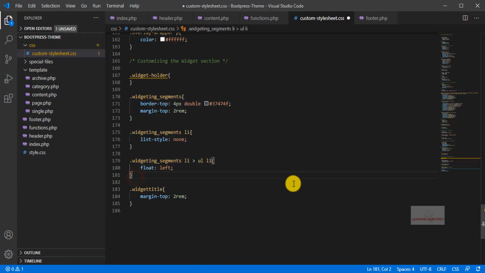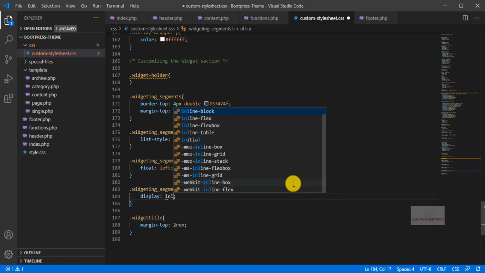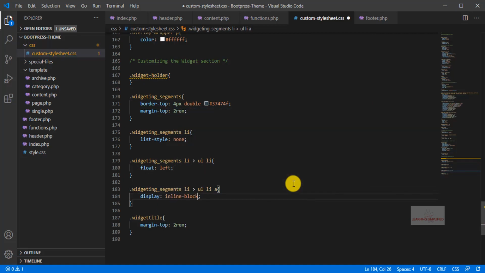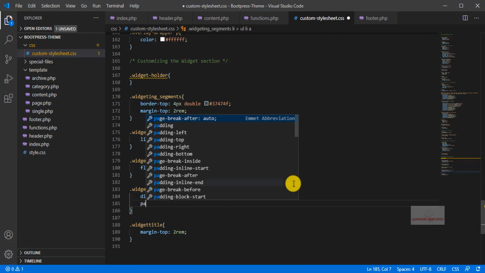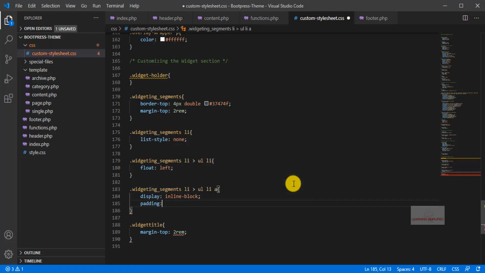So we are about to copy them. We may try to customize the link elements right over here. List A. So we may set this display to block, or we may set this to inline block. We may use this padding here like this.